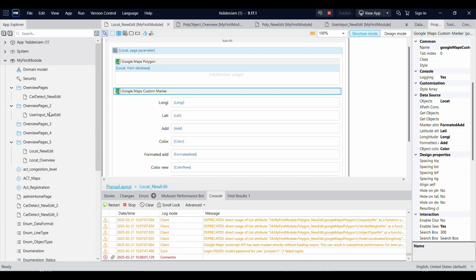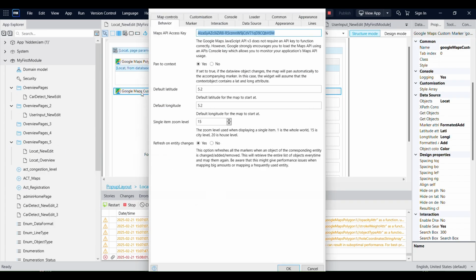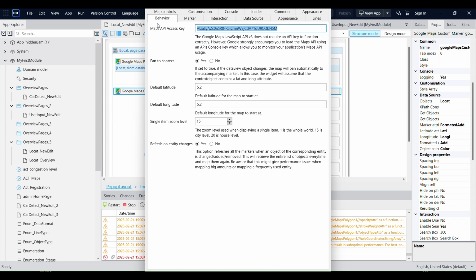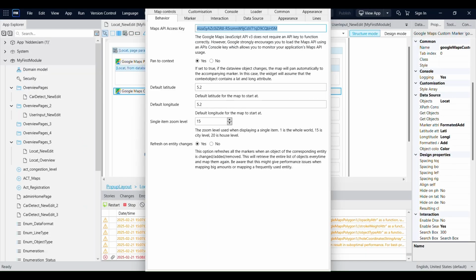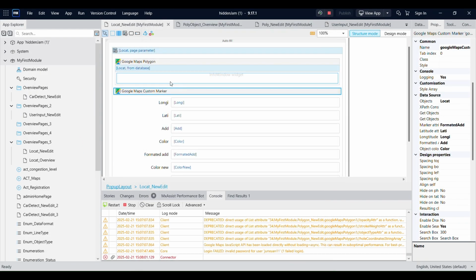And the other thing is the Google Map widget. How do we get this Google Maps API access key? We have to register as a new user inside the Google API, then we can get the Maps API access key. There are a lot more steps. Then in order to do that, we have not only the map. After showing the map,